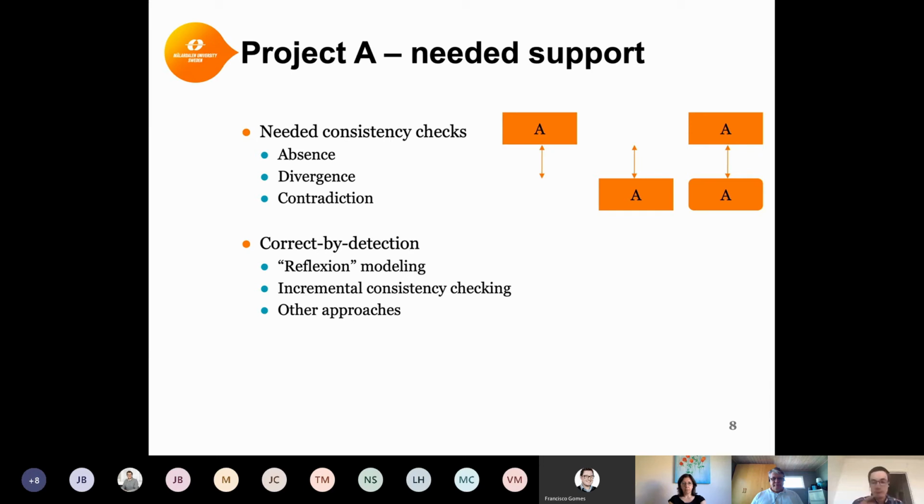Among other approaches, you have, for example, reflection modeling, which is similar to what we proposed. The idea is that you model some hypothesis of the design. The system model could be seen as something like that. And then you compare that to some representation of the code. But there needs to be a manual mapping between those representations by an engineer to know which elements are which.